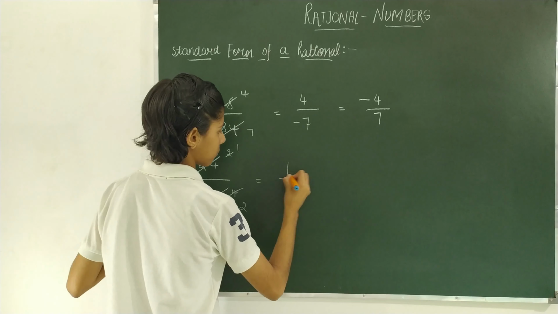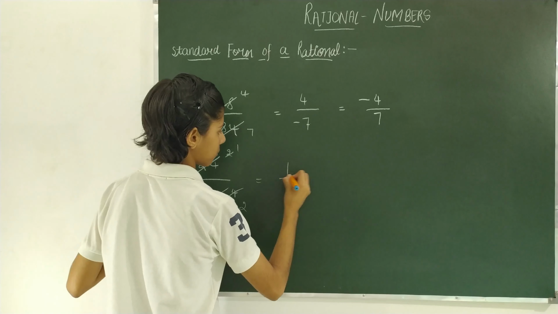Now we have the next, associative law. If we have any three rational numbers, a by b plus c by d plus e by f, and I put any two of them in brackets, for example these two, this can also be represented as a by b plus c by d plus e by f with these two in brackets. The answer will come same. Means brackets can be placed anywhere, the answer will come same. This is known as associative law.